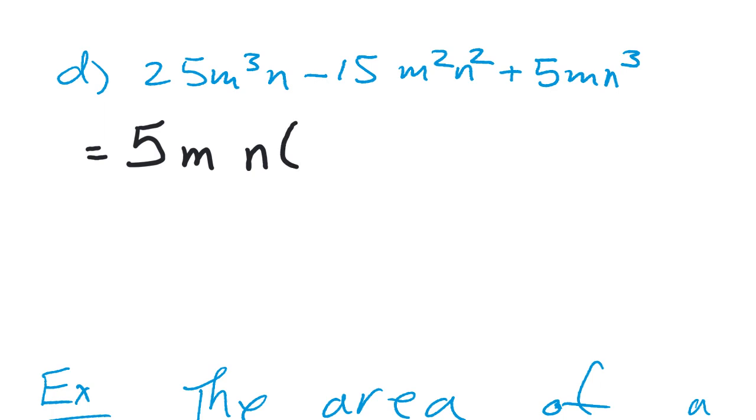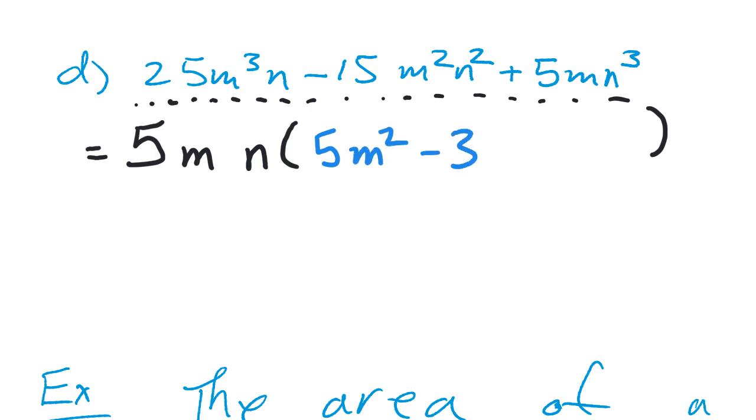Here's what I want you to do. Pause the video and do the division and tell me what you get inside this bracket. Okay, so you've unpaused. Just imagine that you're dividing 25 blah, blah, blah, all the way to the end, divided by 5mn. And this is what you're going to get: 5m squared minus 3mn, and then plus 1n